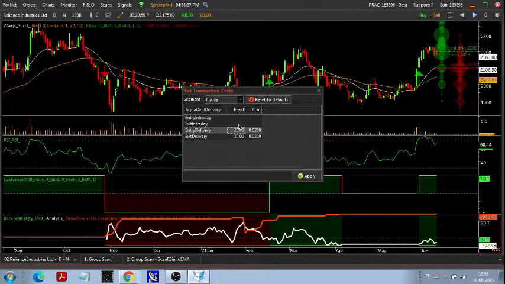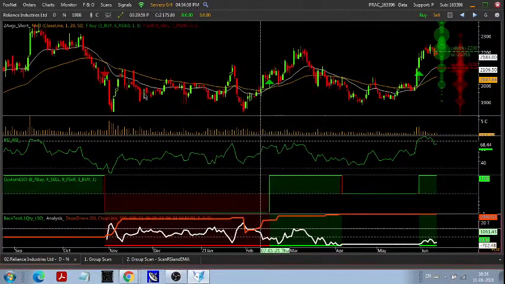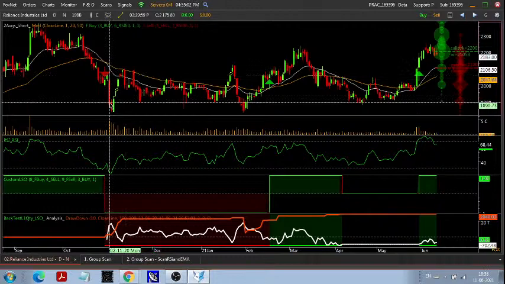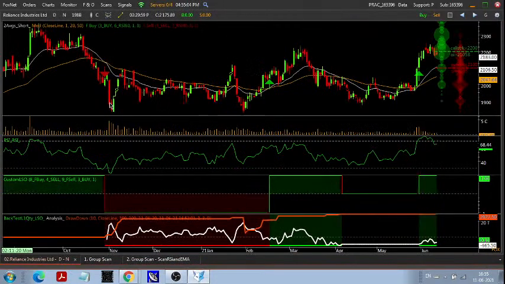Right now at the bottom of the chart, you can see the adjustment of the brokerage. If you don't want to give the brokerage or want to reduce it, you can edit it from here. After doing this, click on the apply button. After applying it, you can see the change over here.